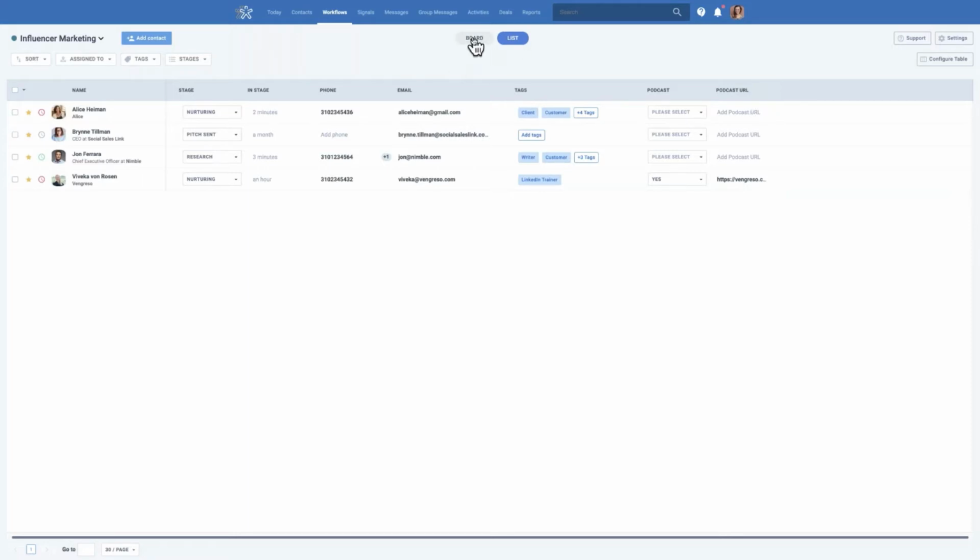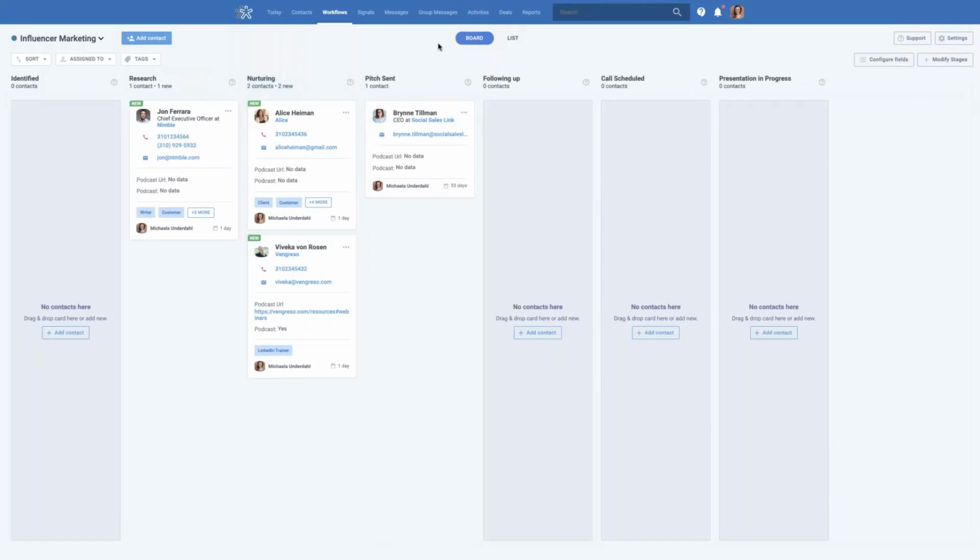And now I would like to go back to the boards view. And again, this is completely up to you based on your preference, whatever view will work better for you. In the board view, you can utilize these cards. And the same way as I just showed you how you can customize the fields that you are seeing in the list view, you can also customize the view of the individual card. So as you can see, I selected the podcast URL and also the podcast field here as well, but I want to also bring up additional information. So I'm going to